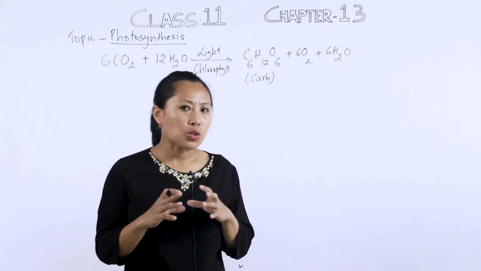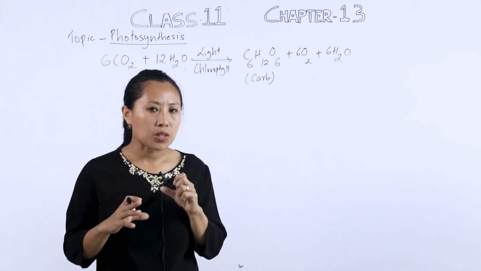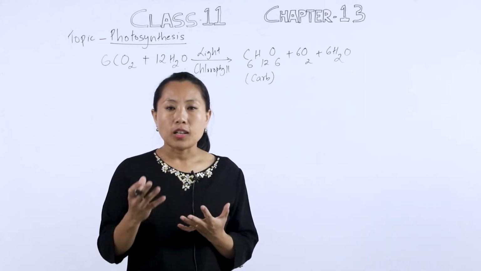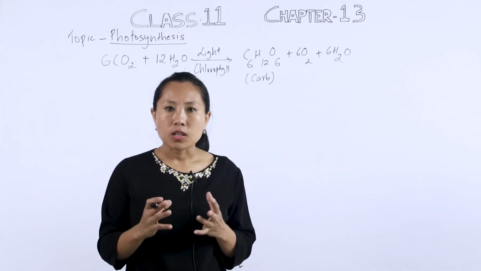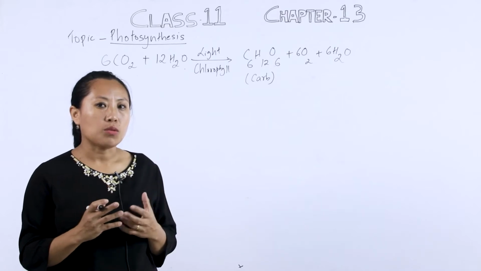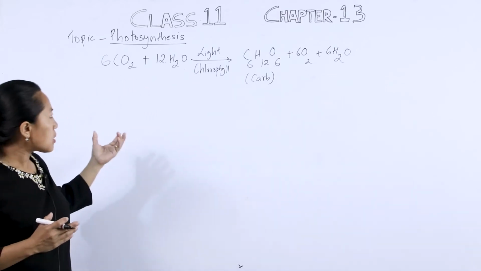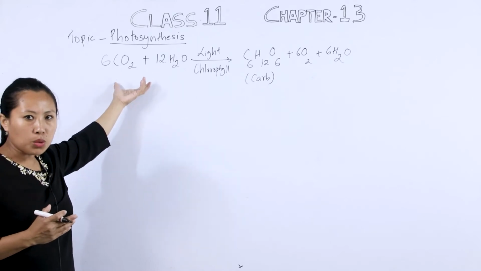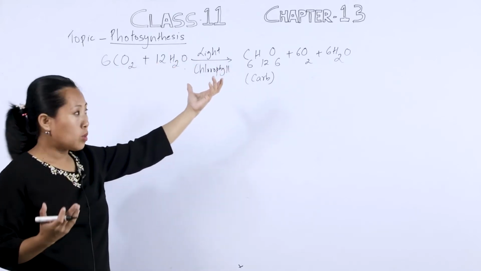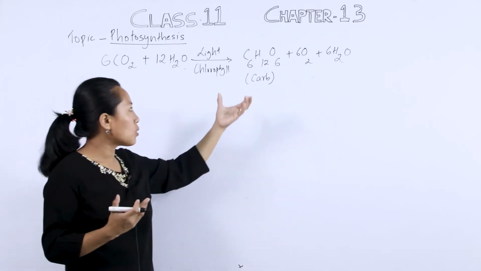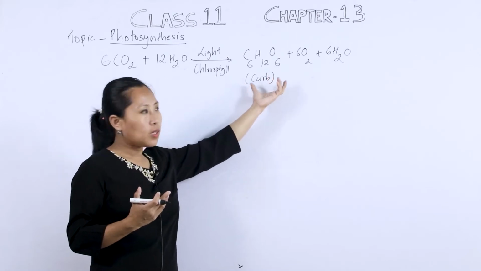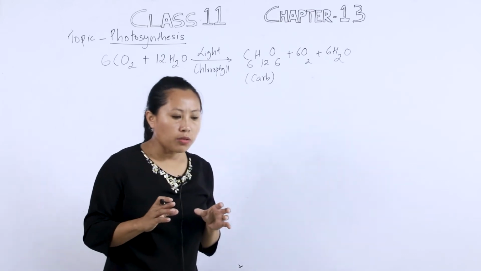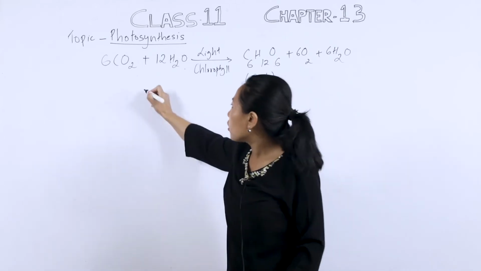The process by which green plants trap the light energy from the sun and, using simple molecules like carbon dioxide from the atmosphere and water from the soil, and the pigment chlorophyll in the leaves, prepare food is known as photosynthesis. It is a biosynthetic process converting radiant energy into chemical energy, that is carbohydrate, or stored as ATP, releasing oxygen and water in the process. This process of photosynthesis takes place in the